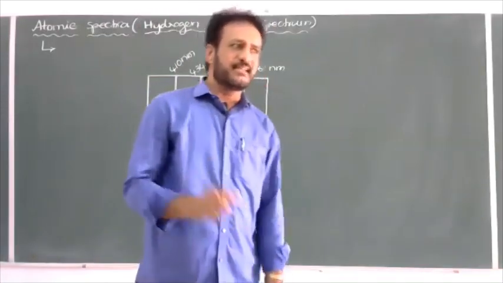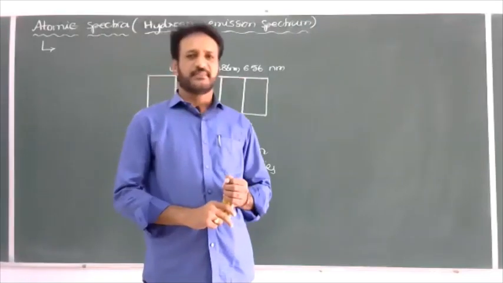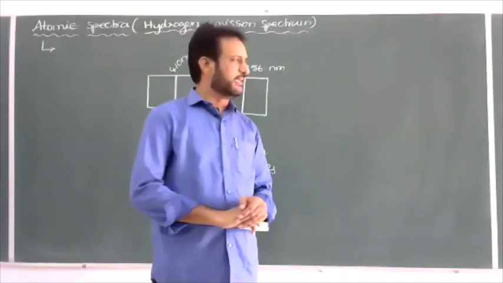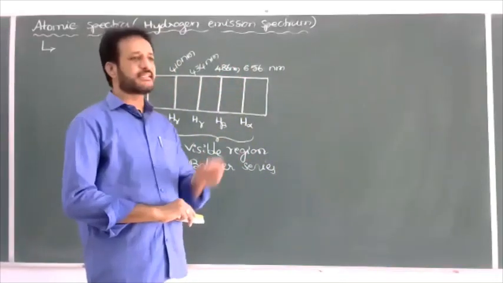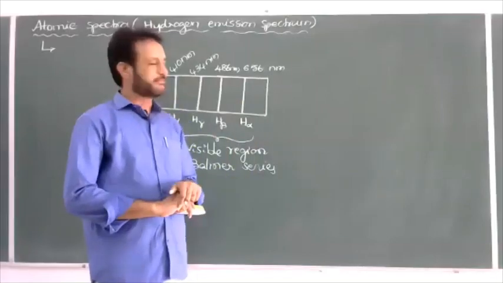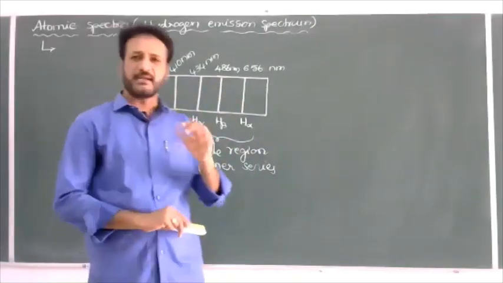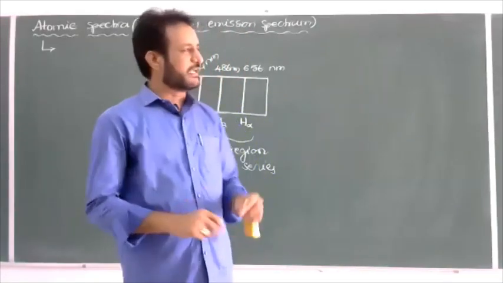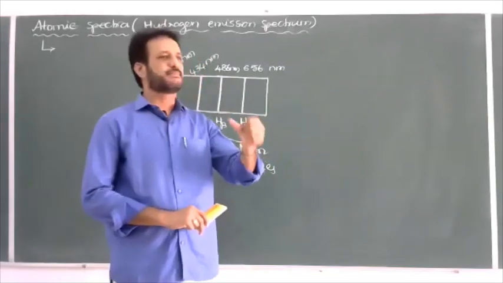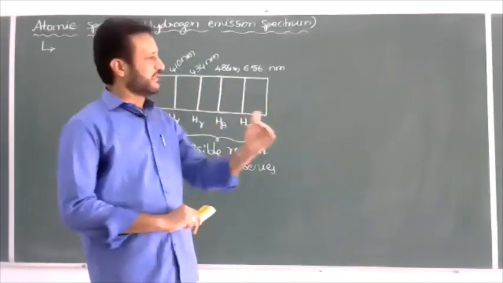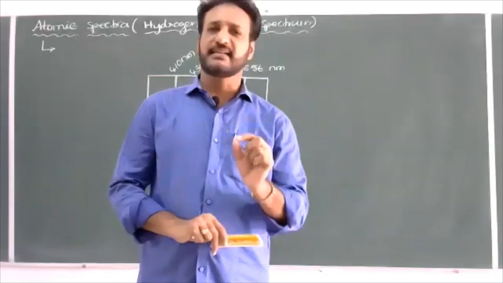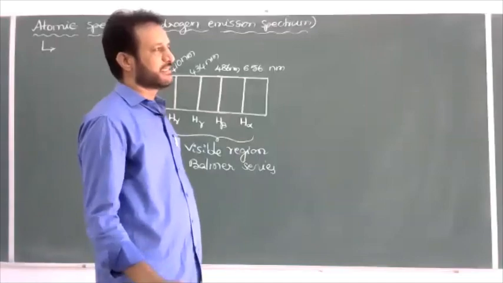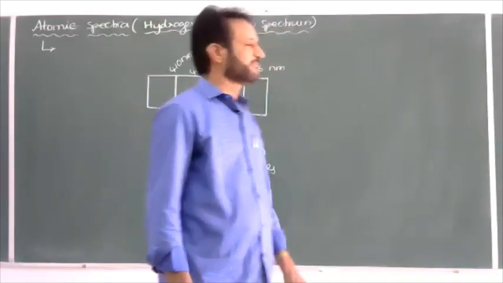By studying the line spectrum, we can understand the characteristics of the hydrogen atoms and also the structure of the atom. That's why every line spectrum is the characteristic of the particular element. The line spectrum of one element may not match with another element, similar to a fingerprint. So we can write: line spectrum is the characteristic of the particular element.